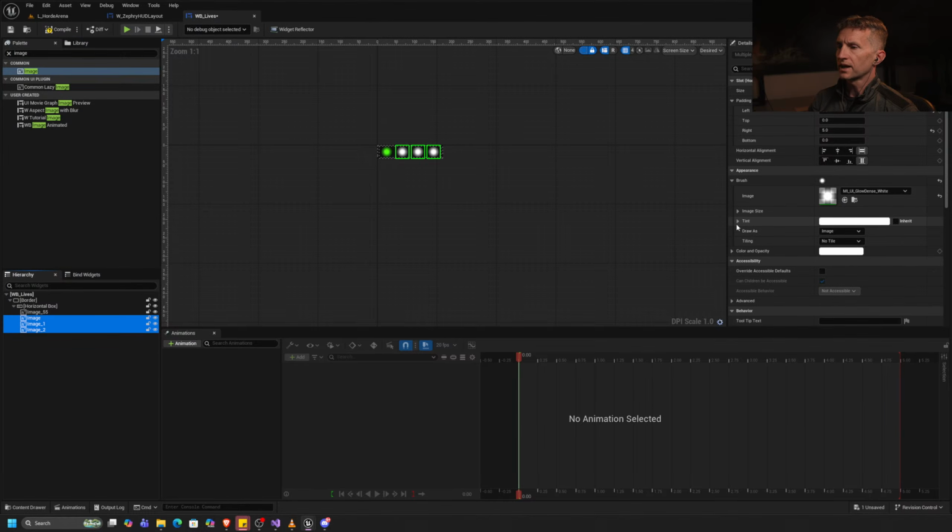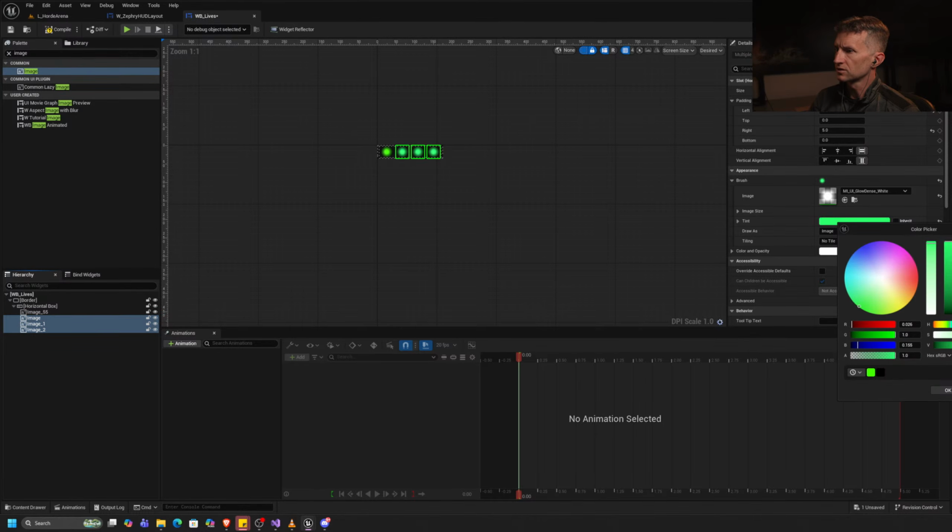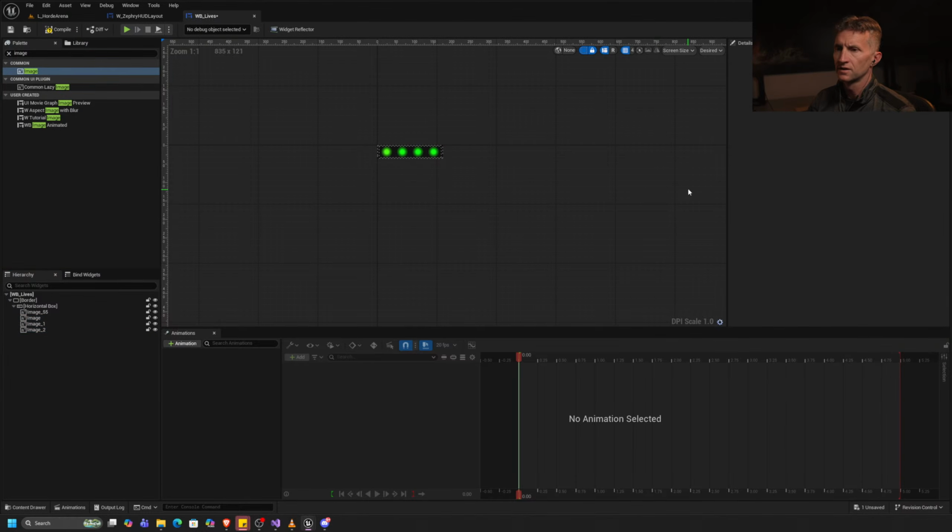using RGB or black and white images. We can just quickly change these to tint them to be different things, red, etc. Okay, so this is our current life thing, and we can replace these images with something fancy later once the UI gets going. All right, but the idea here is we have our lives, but we do need a little